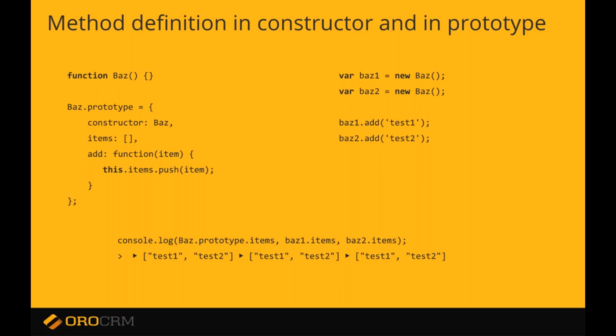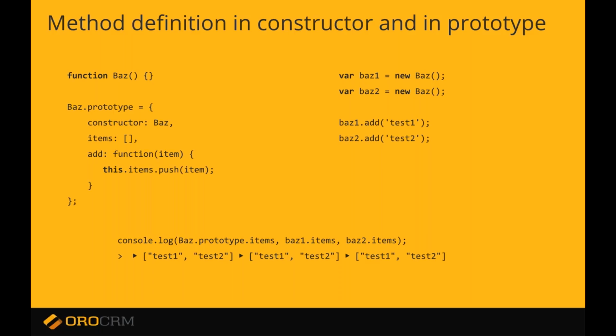After that, we can create two instances, bus1 and bus2, and invoke the add method for each of them with different values. Once we check what values each of them has, we see that they all have the same values, which might not be expected because we expect to add items separately. And we see that even the prototype has items,